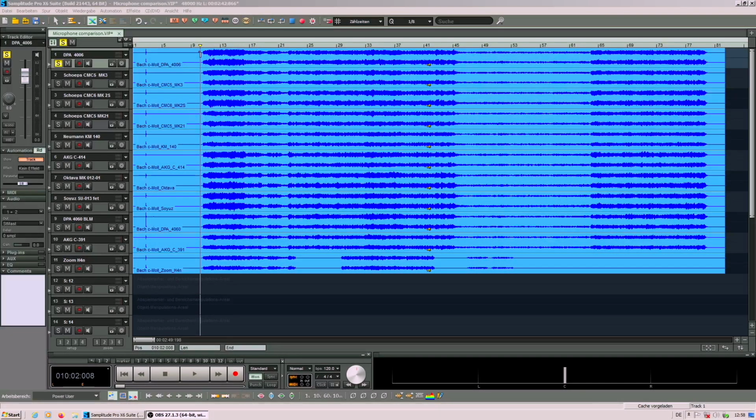You might want to know and to hear how the different microphones now really sound in comparison one with the other. And for this I have track bounced my Bach recording, and I did a stereo track bounce for each couple of microphones, and then I loaded these stereo files in this multi-track